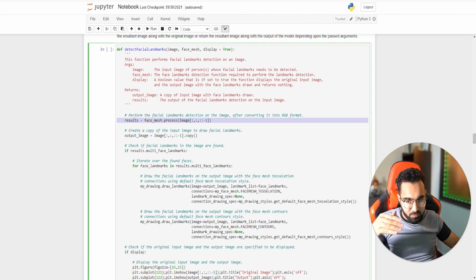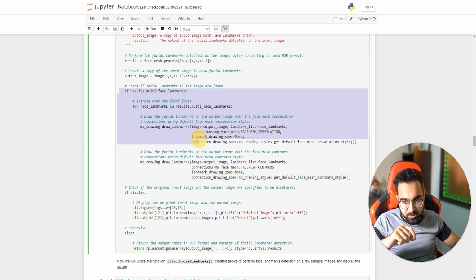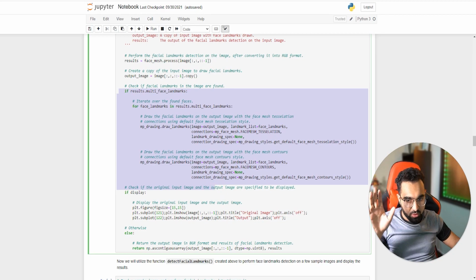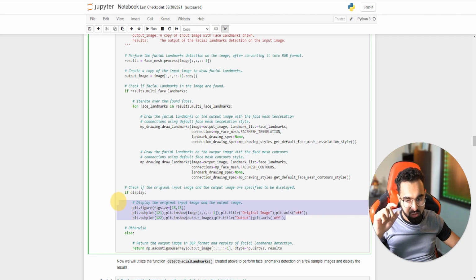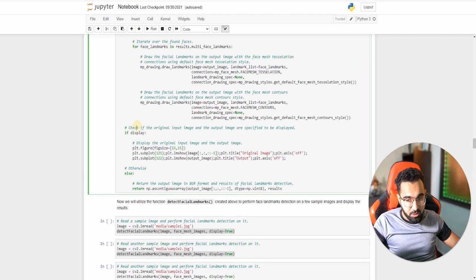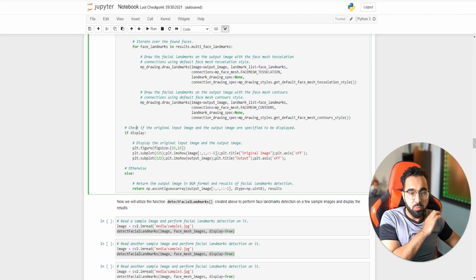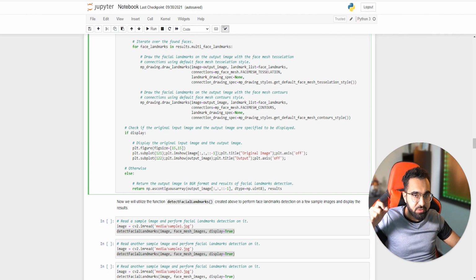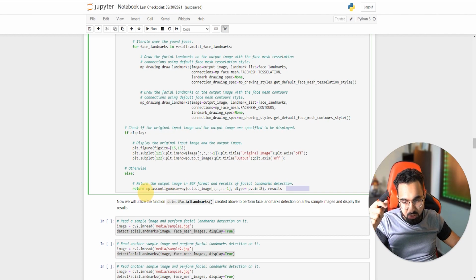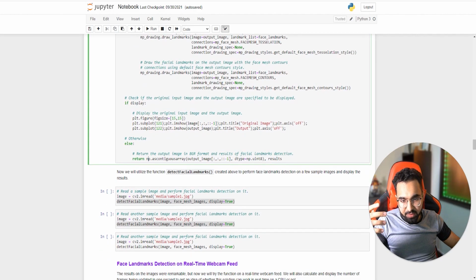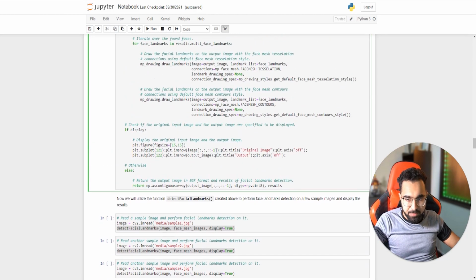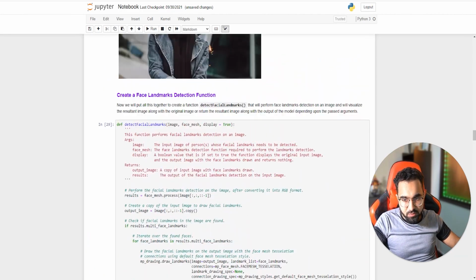I'm going to call the facial mesh function, pass in the image, call dot process, and get the results. I'm going to iterate over each result and draw out the results, and if display is true, I'm going to display the results in the form of images by using matplotlib. And if display is false, which it will be when I'm working with videos, I only want the results back, because I'm going to use cv2.imshow to display when working with OpenCV in a video loop. So that is when I'm just going to return the results. And I'm just going to initialize this function. Now this function is ready.